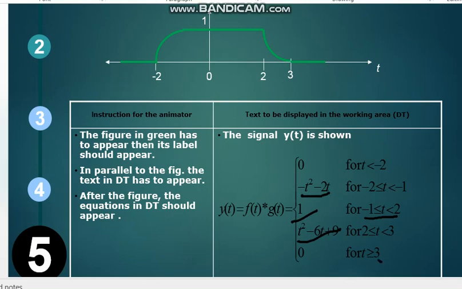And for t greater than 3, you get this, and then you just have to draw the curve as it is shown here, and the curve will be the same as there. So that is the answer of the convolution.